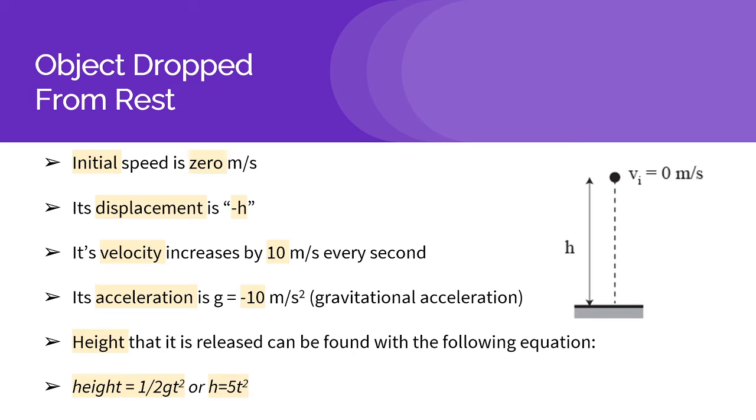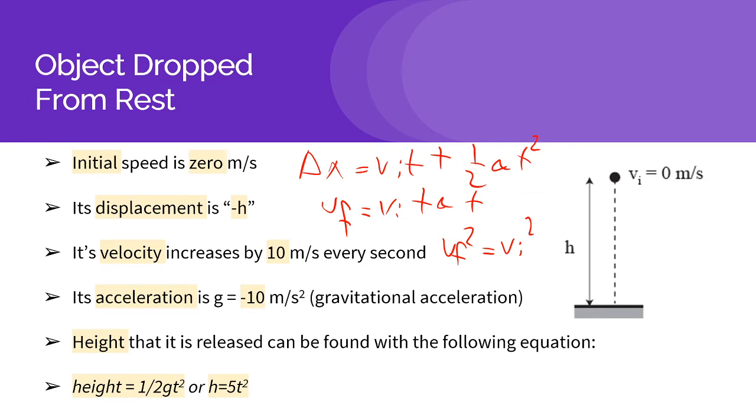All right, object dropped from rest. For kinematics, we had the equations: delta x equals v initial t plus 1/2 a t squared; v final equals v initial plus a t; v final squared equals v initial squared plus 2 a delta x; and delta x equals t over 2 times v initial plus v final. Those four equations are still valid, and depending on the case, we're going to have certain numbers for some of the